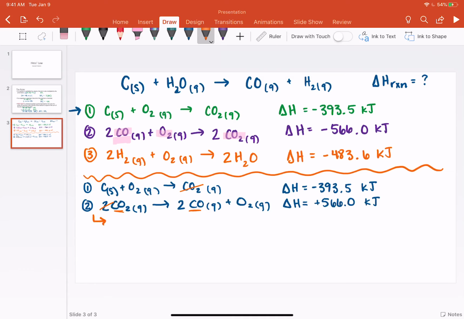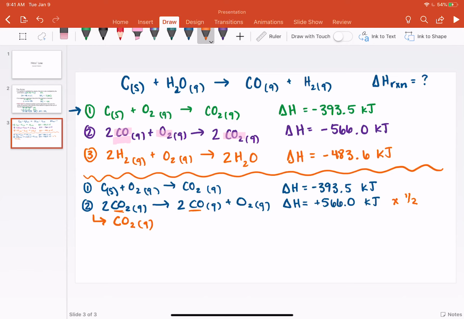So the next thing we're going to have to do to that same equation is we're going to have to multiply by 1/2. So not only did we flip it, we're also going to have to multiply that equation by 1/2, which is the same as dividing by 2. So I'm just going to erase those for clarity. So if we're dividing that entire reaction by 2, which is the same as multiplying by 1/2,